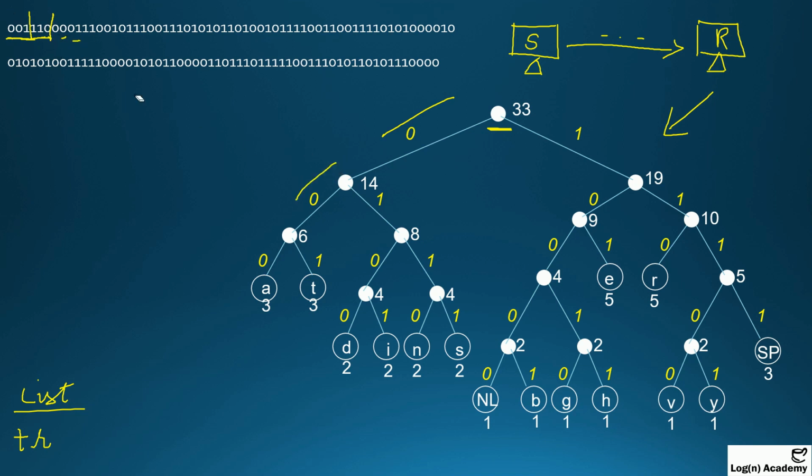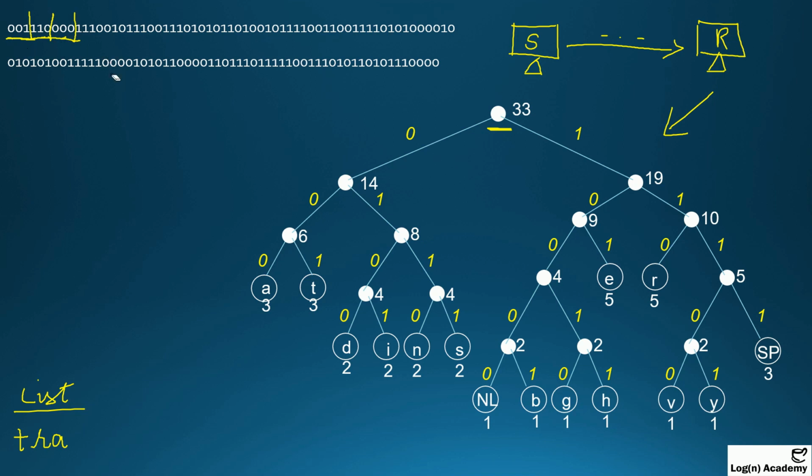And the third number is also 0. So we have 0. Now we got the character, which is A. So now we will write A. And then the same procedure, the application or the receiver will go back to the root node, and we will mark that we have traversed